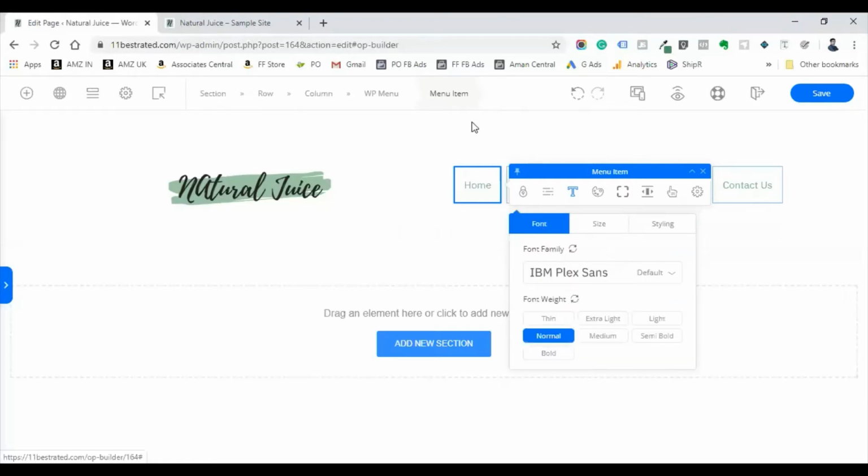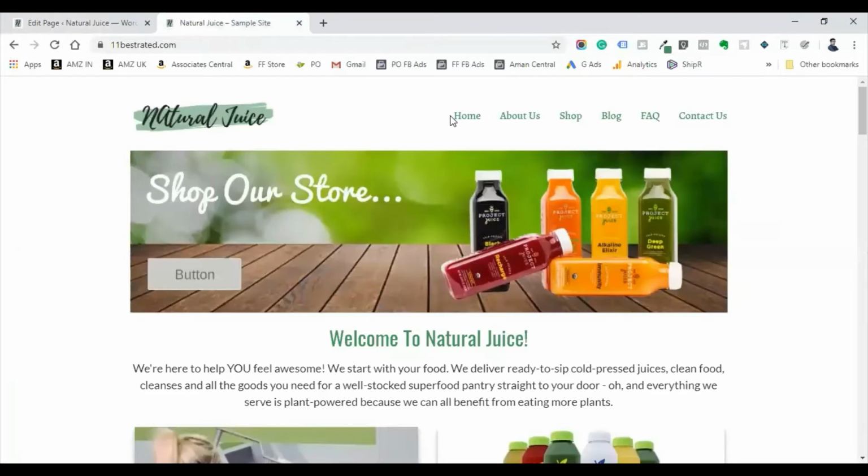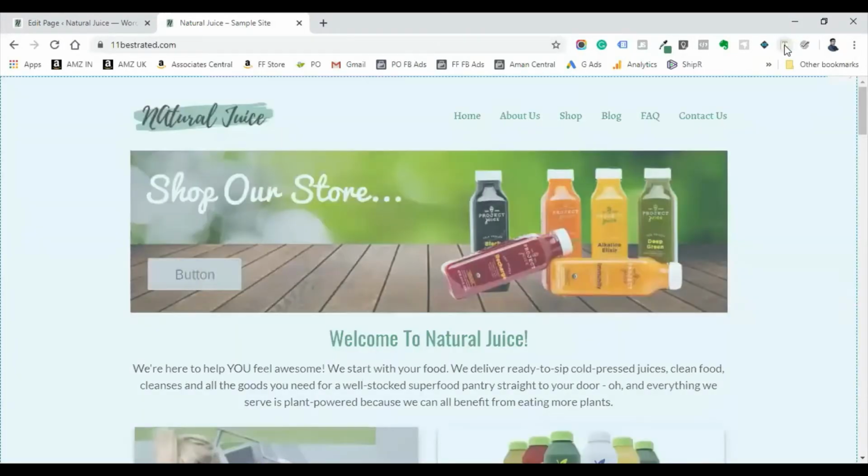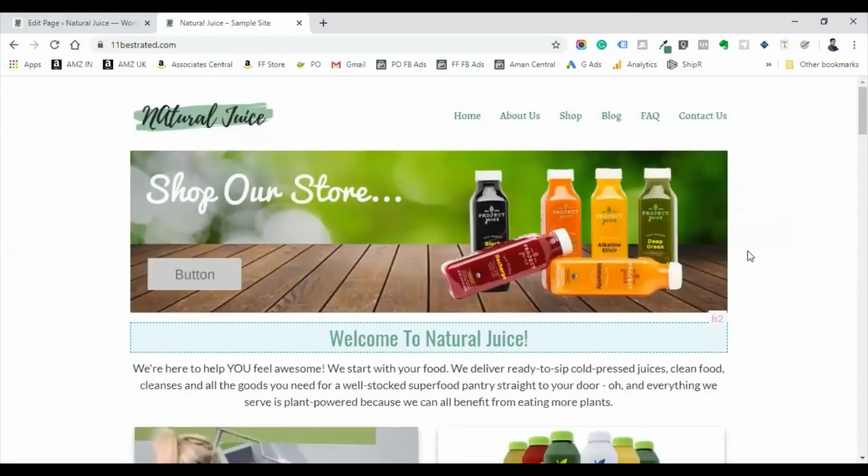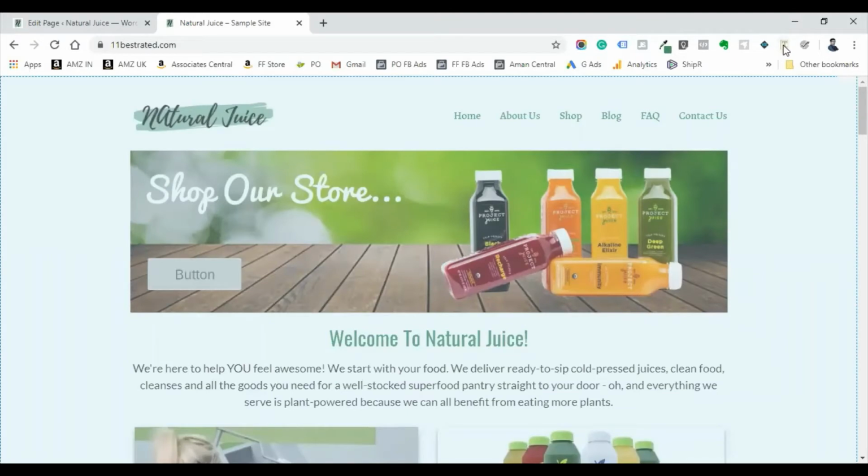To find out if a site is using some kind of font, if we want to find that font, I use another Chrome extension called Font Finder. Can you see this? It is another Chrome extension. You can find the font name from any website.